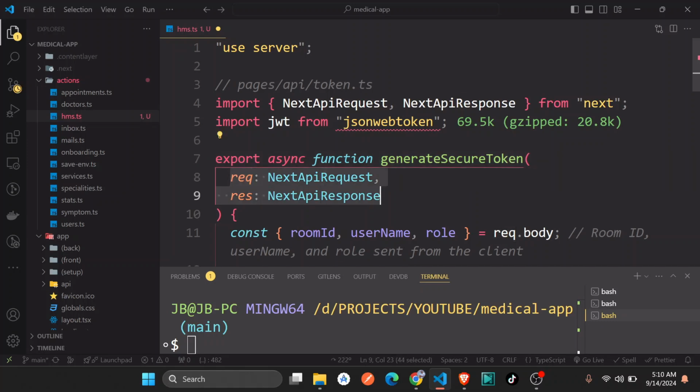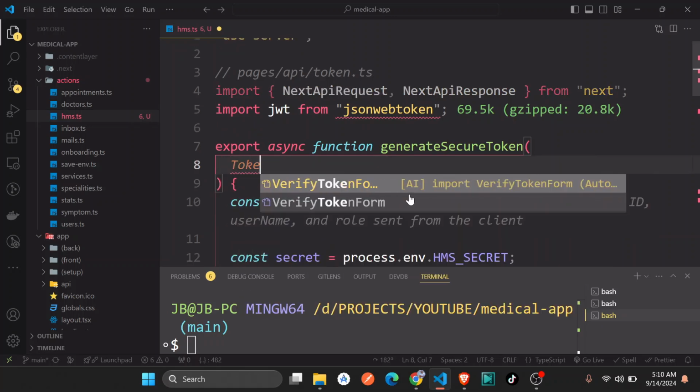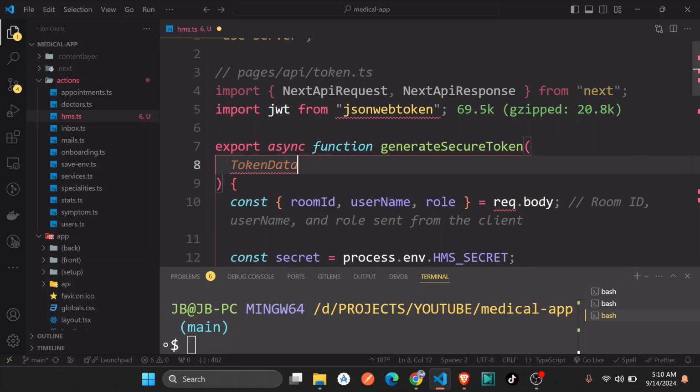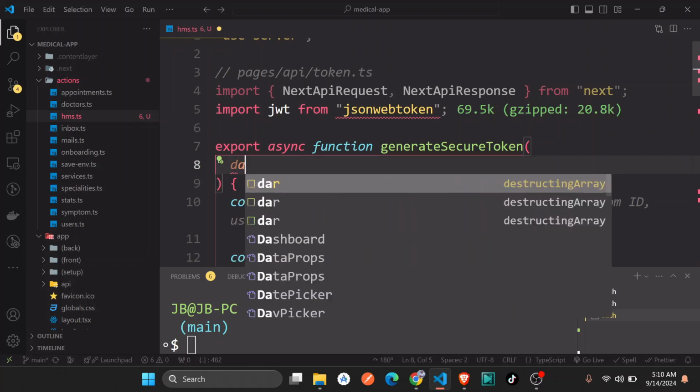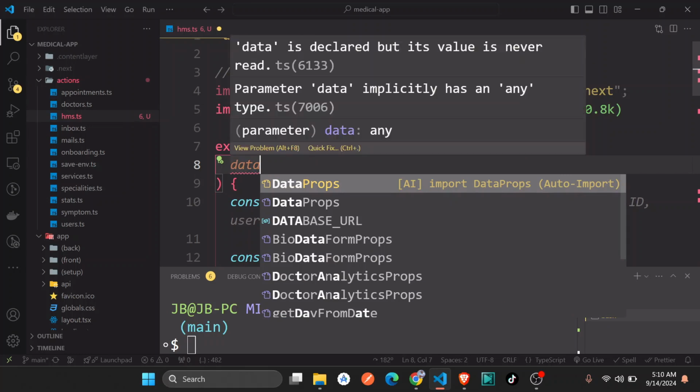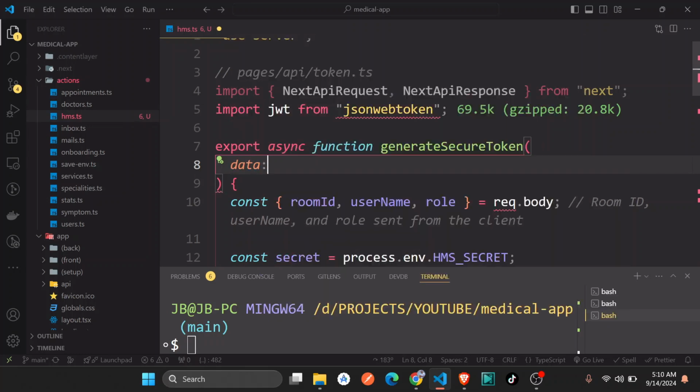And this one is going to take in token data. Okay, just going to say Control C, maybe data, which is going to have